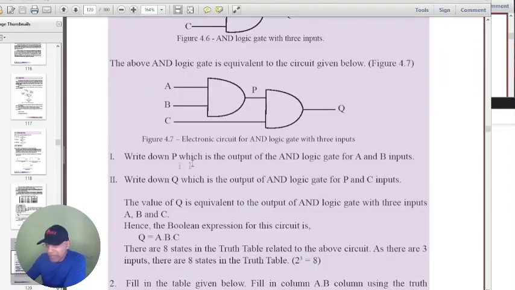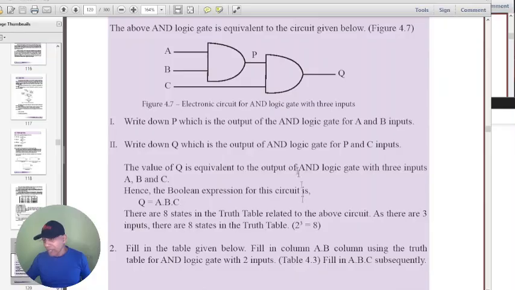So write down P, which is the output of the AND logic gate for A dot B inputs. Write down Q, which is the output of the AND logic gate for P and C inputs. The value of Q is equivalent to the output of the AND logic gate, which means, okay, so if I draw this,